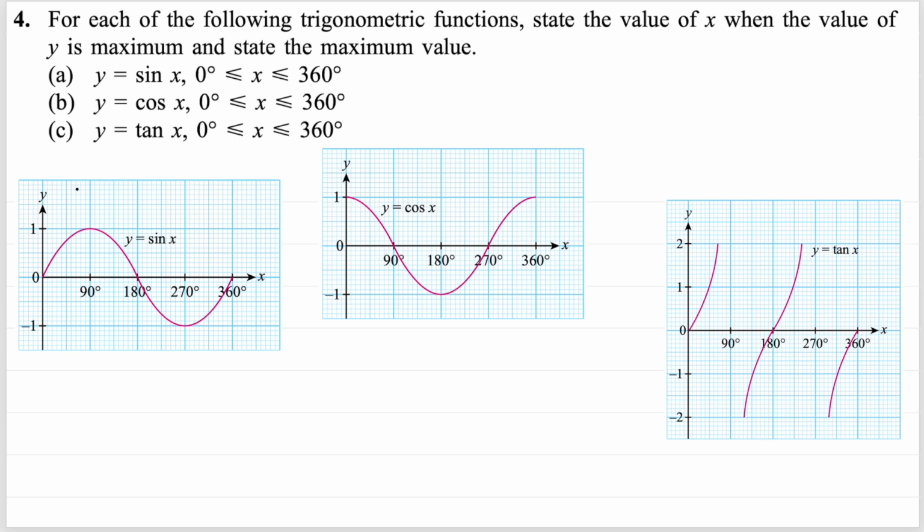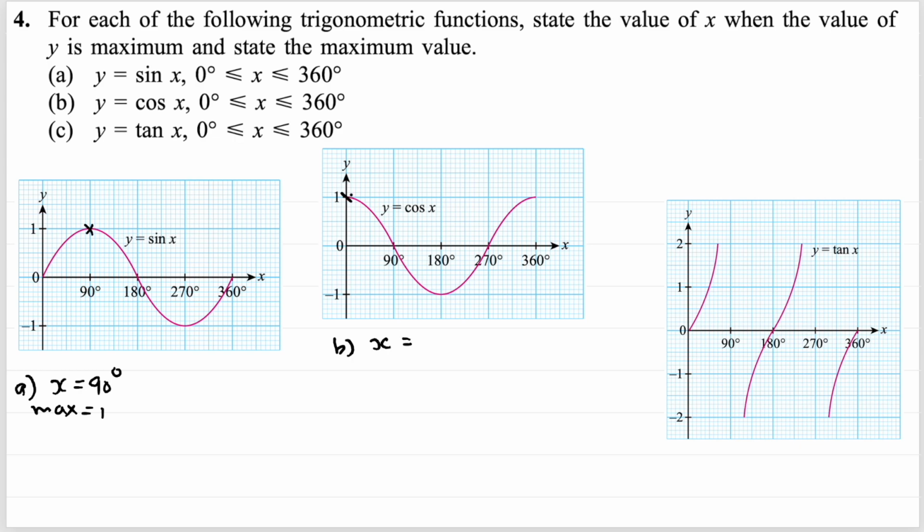For each of the following trigonometric functions, state the value of x when the value of y is maximum. Okay, we have this graph here. This is for A. So kalau untuk A, when y is maximum. Maximum means kat sini. So bila kat sini apakah dia punya x? X dia adalah 90. And then what is the maximum value? 1 lah. Okay. And then for B,